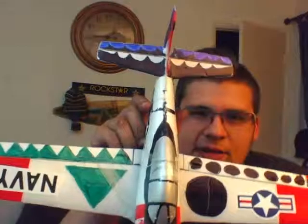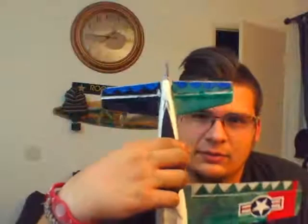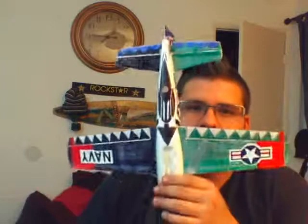Blue tail so I can see when it's leaving. Got green and black to tell side to side. There again you see blue. And just a little black design so when it's flying over I know, it's really not for anything. I just got bored and I wanted to draw on it. But,